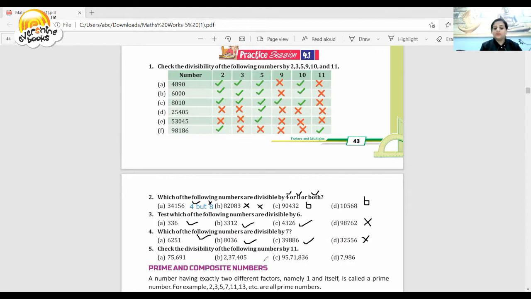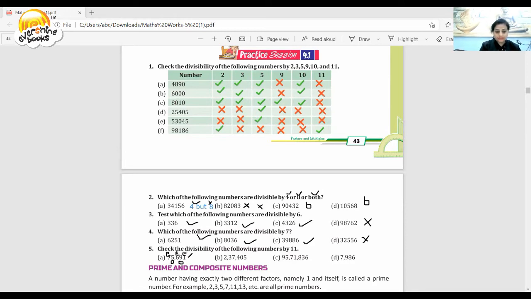11 is the odd number and we make it like this. We categorize E. This first number is E. This second number is odd. Categorize it. But it is not about odd and even. We have to add even and odd numbers. Then if the number is coming equal, means 0, when we minus it, it is coming 0, so it is divisible by 11.